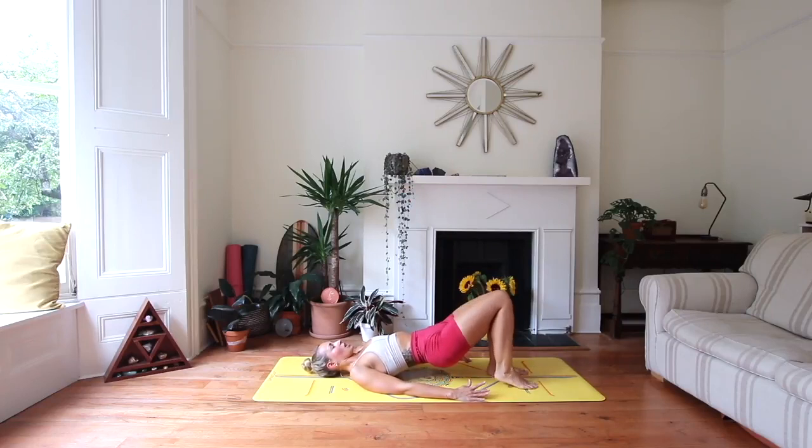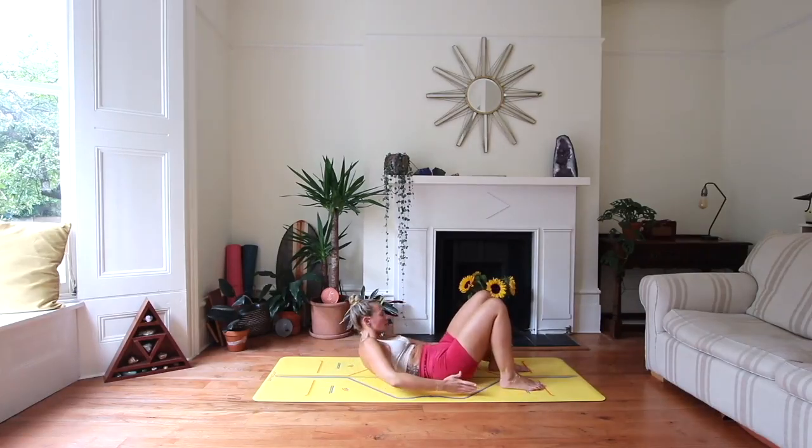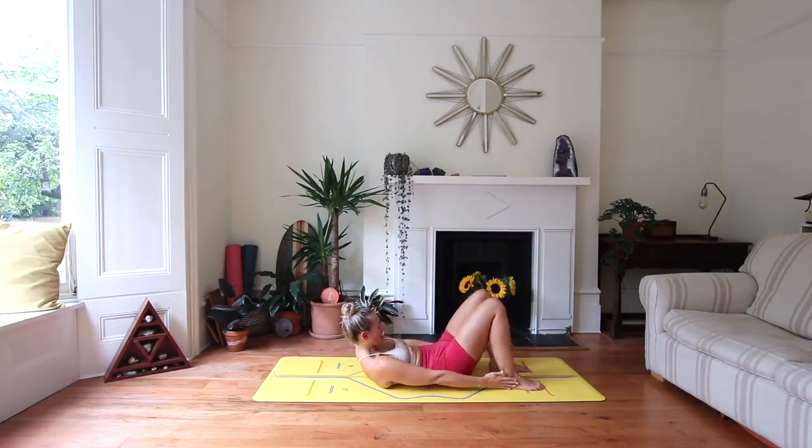Slowly start to lower the right leg down. Lift those hips again. Make sure they're nice and engaged through the glutes. Let's pulse here for 1, 2, 3, 4, 5, 6, 7, 8, 9, 10. Slowly lower. And let's just take those little oblique side to sides for 1, 2, 3, 4, 5, 6, 7,